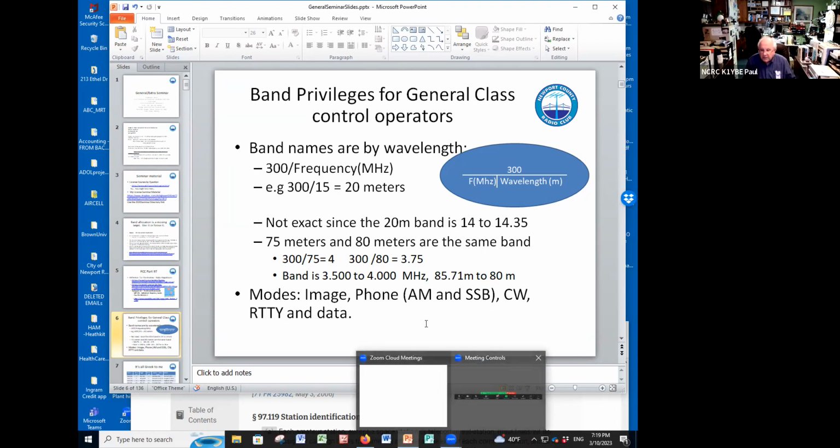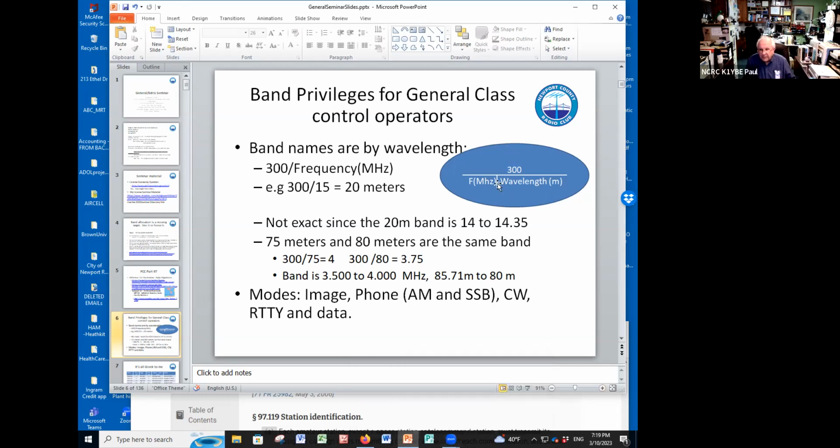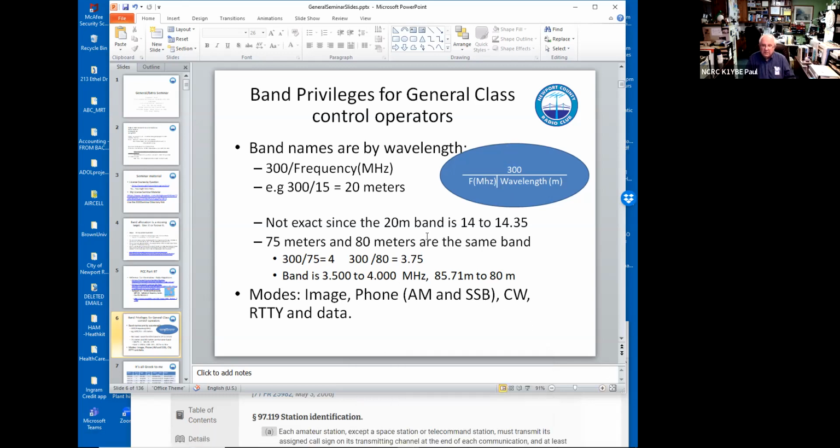So light travels very fast, but that's what this formula is about, the speed of light. Okay, another